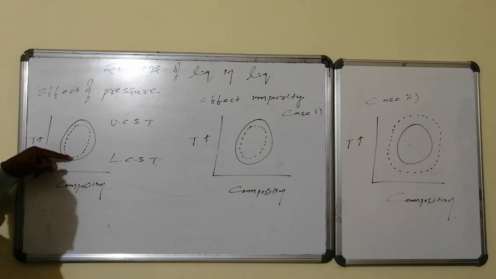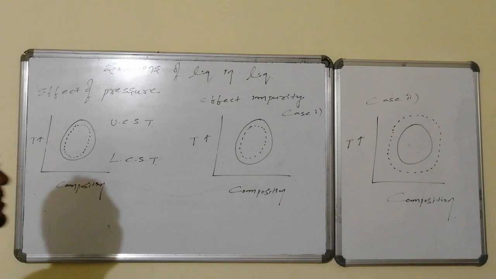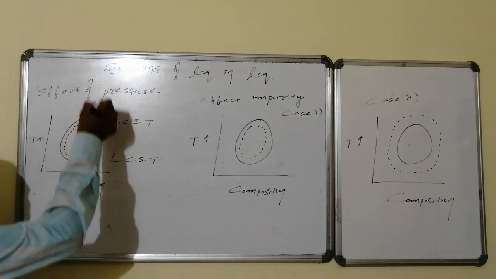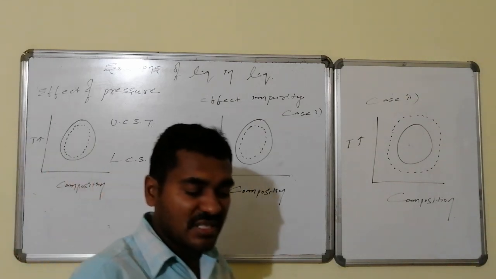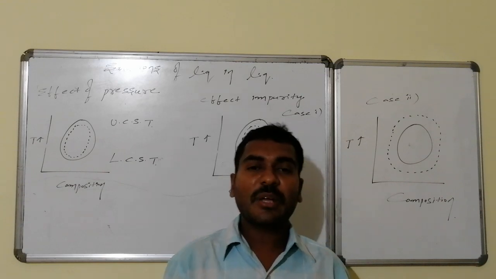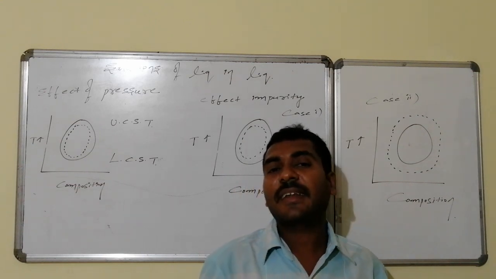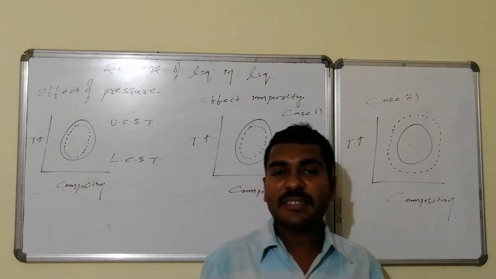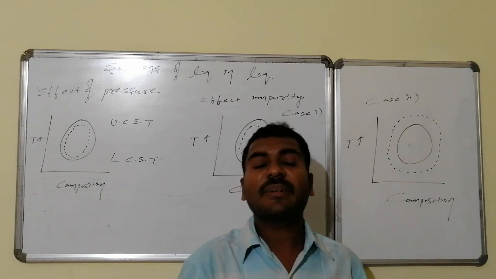That implies that below this particular temperature, till now the temperature was T1, now the temperature is enhanced. Under these enhanced temperature conditions below, it is acting as a homogeneous mixture. Under this reduced temperature condition above, it is acting as a homogeneous mixture. Thus, increasing pressure forces the molecules to interact with one another. As a result, the molecular attractions increase. With increasing molecular attractions, solubility and miscibility increase. So the upper CST decreases and the lower CST increases.